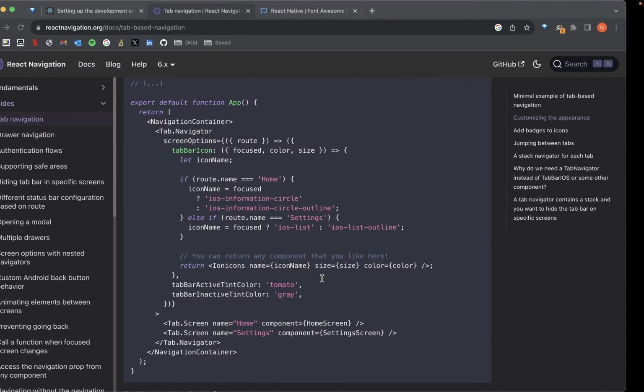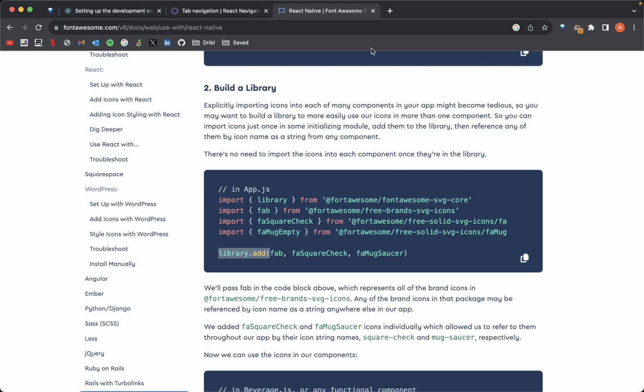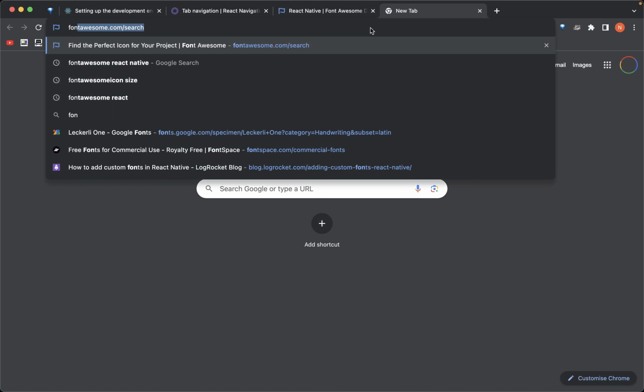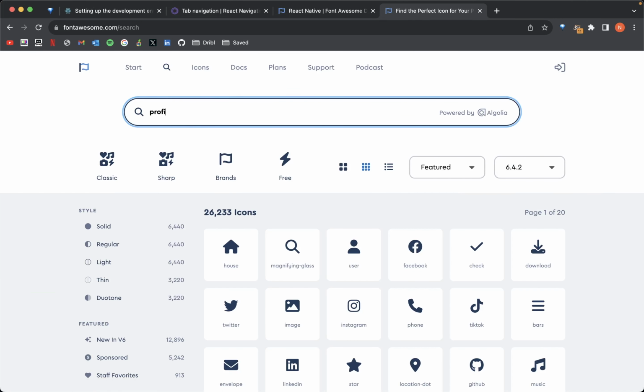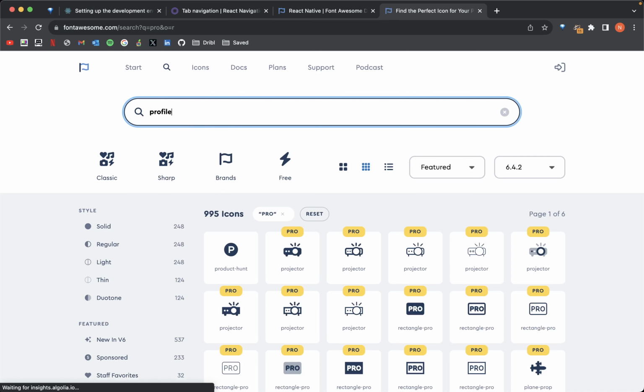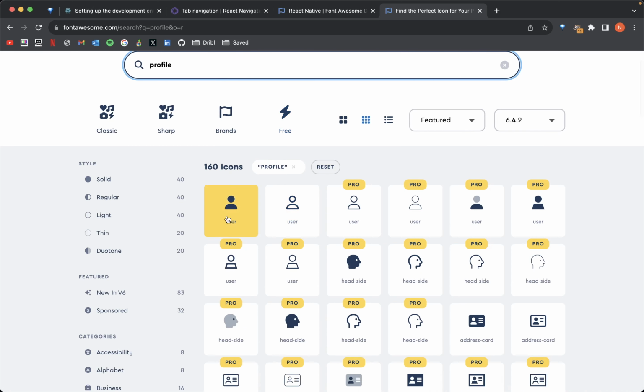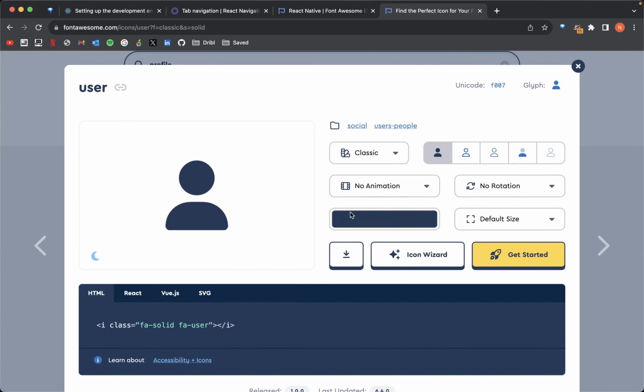And if you want to look for custom icons using Fontawesome, it's really easy, Fontawesome search. You can tell I've been here many a time. So I'm going to search for profile. And then, oh, I like that one. That looks great. And then I come here, and then the actual name of it is just user. And you can see here, FA user. We don't need this FA. I think you can include it, but we don't actually need to include it